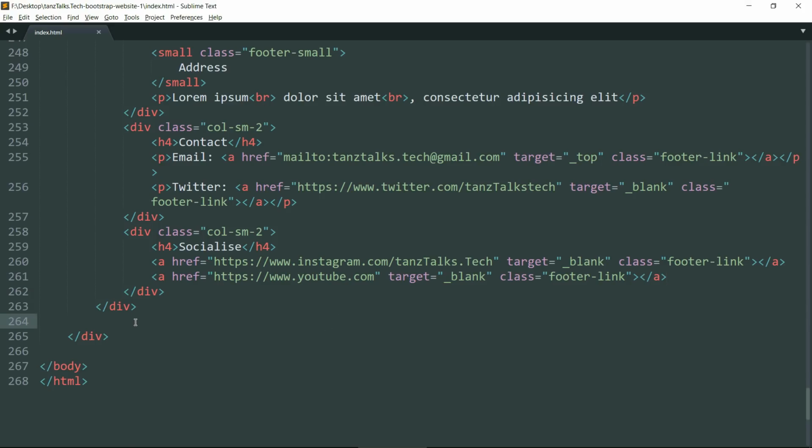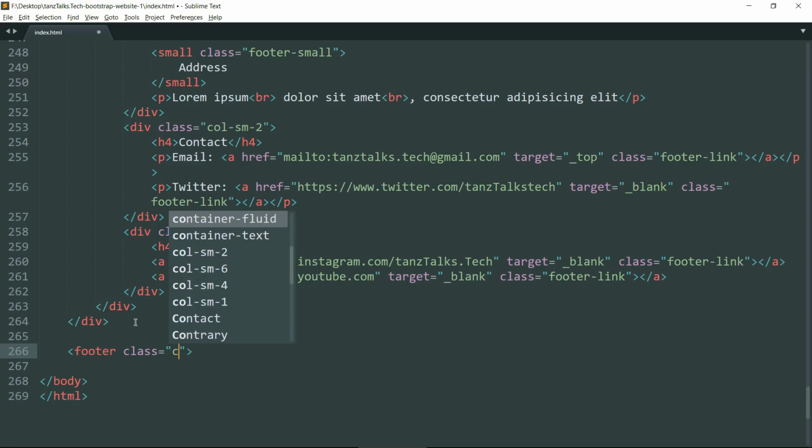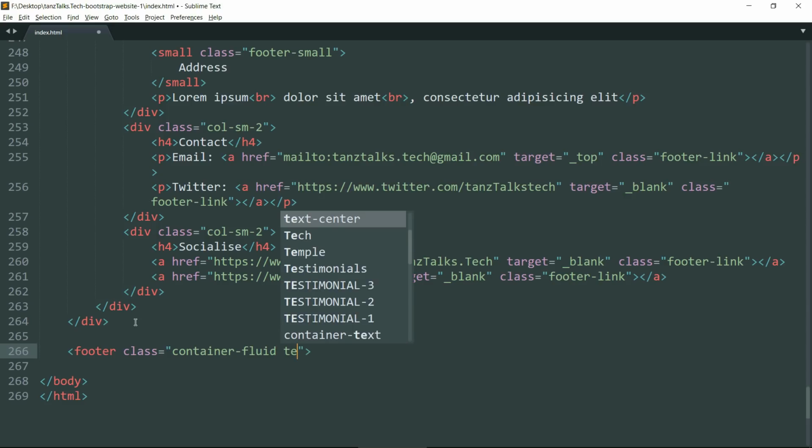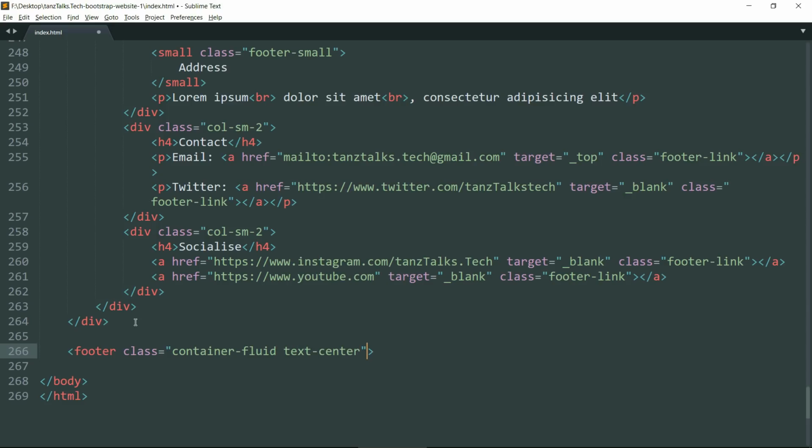Okay, drop down below and let's create a footer and give it a class of container fluid, because we want the width of the footer to be across the width of the screen. Then text hyphen center, because we want the text to be in the center.